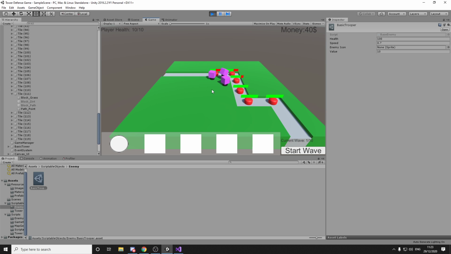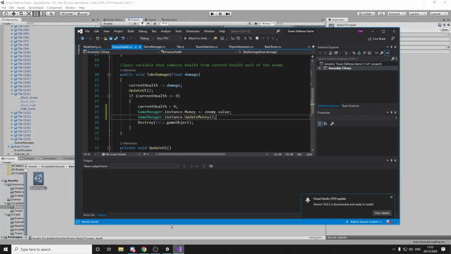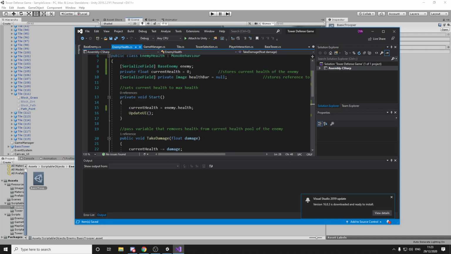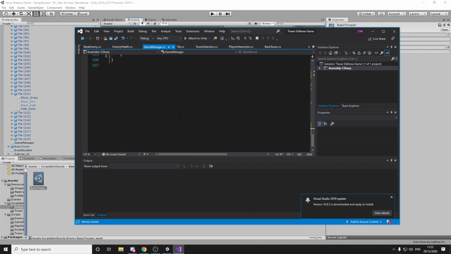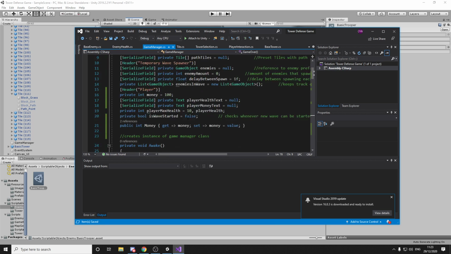Yeah, there we go. So now we are finally earning money. We lose money, which means we can lose the game. I have 10 minutes left, so I guess what I'll do is just add little bits that we are missing here and there. So when we lose the game, currently it just says you have lost. Well, we're just gonna notify the player that we've lost the game, and we will give him an option to return to the menu